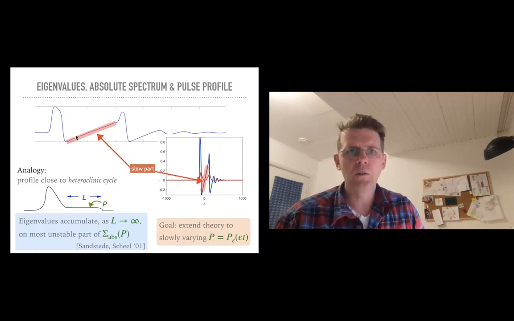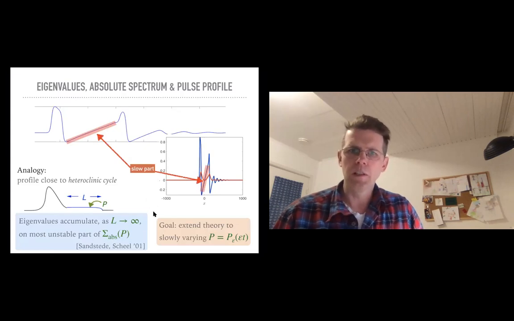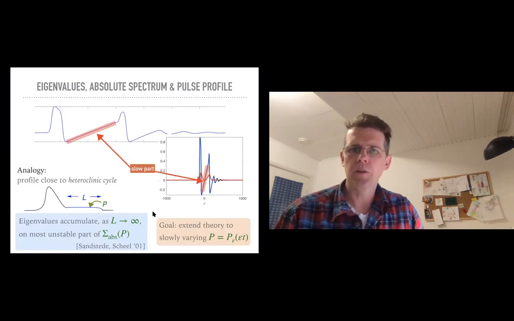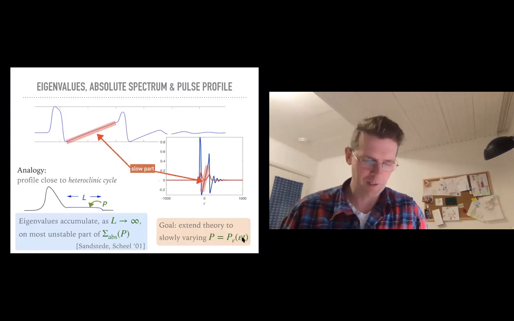Now, coming back to this problem here, we actually don't have equilibrium points, but we do have a slow drift. So it's like moving through equilibrium points slowly. And from that viewpoint, the goal is now to extend this theory to the case of a slowly varying P. So this plateau state is no longer fixed, but it's going to be slowly varying. Oh, I'm very sorry. This should be epsilon x, not epsilon t. I've overlooked this when changing. This is slow in time, in space, in spatial time.